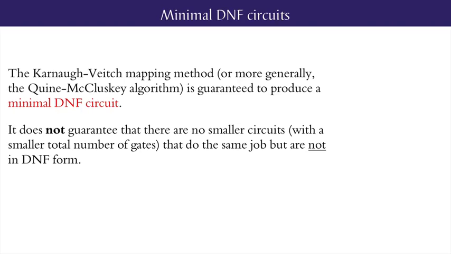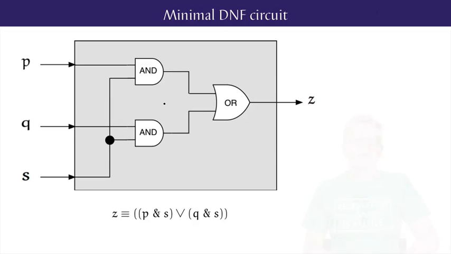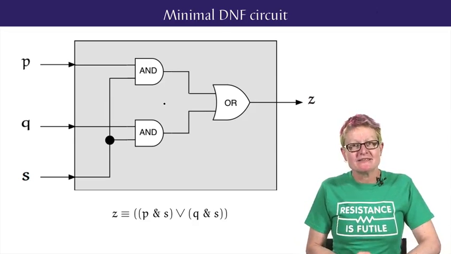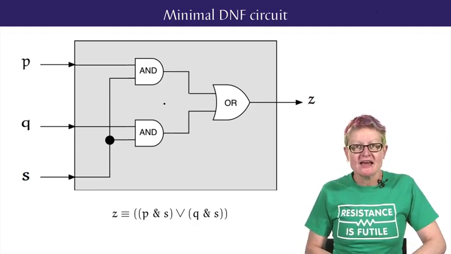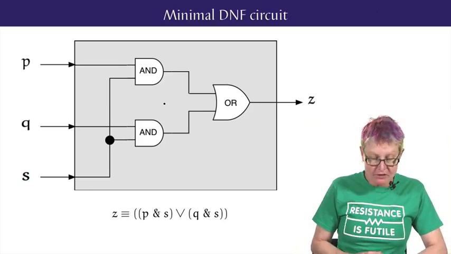We do need to be clear that the Karnaugh-Veitch mapping method, or more generally the Quine-McCluskey algorithm, only concerns DNF circuits and not arbitrary logic circuits. Similar to an example we saw last lesson, the formula (P and S) or (Q and S) is a minimal DNF for the system